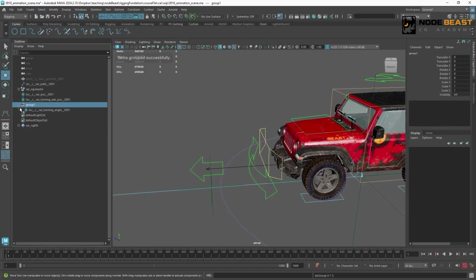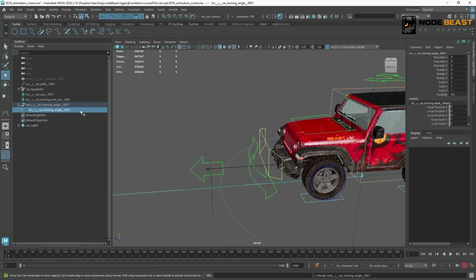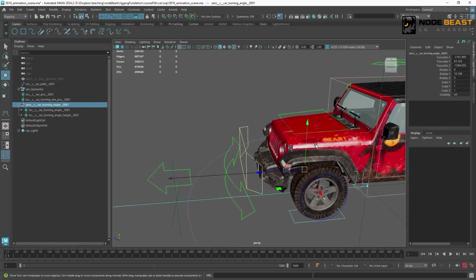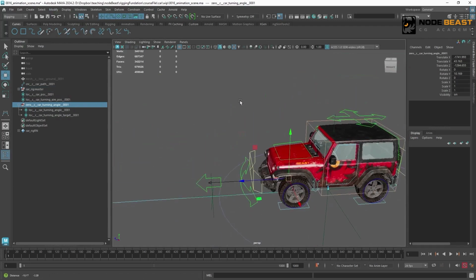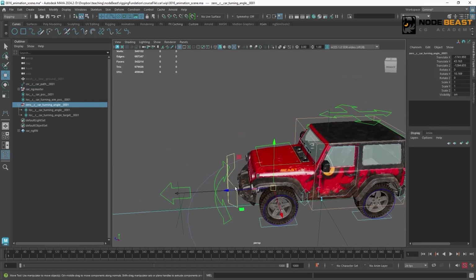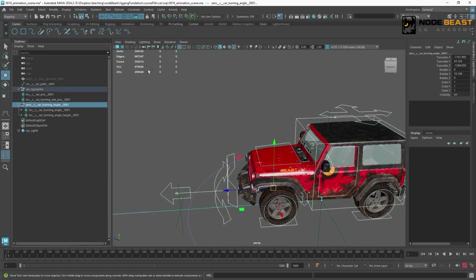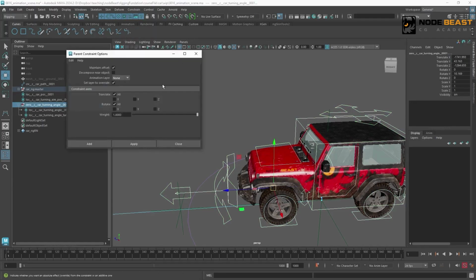Then group it. This group is 0. Then we need an up position to be the driving object. So let's snap this node to the steering controller's position. Then you will see it's now snapped to this position. As we just said, it needs to be above the front controller and not affected by the front controller. So what is above the front controller? It's the cog controller. So we use the cog controller to apply a parent constraint to this 0 group.